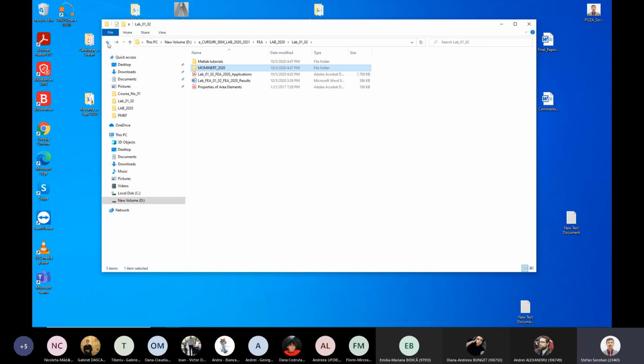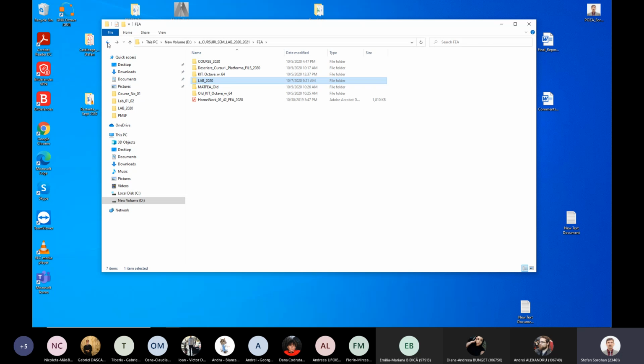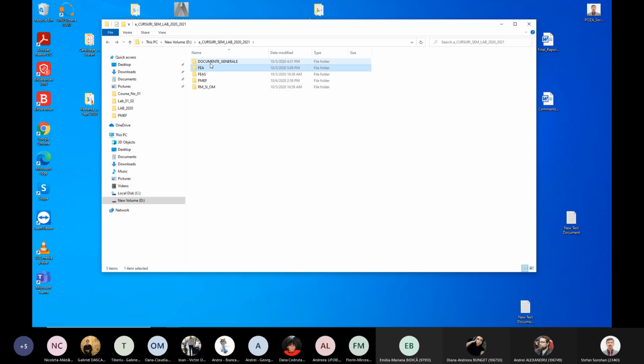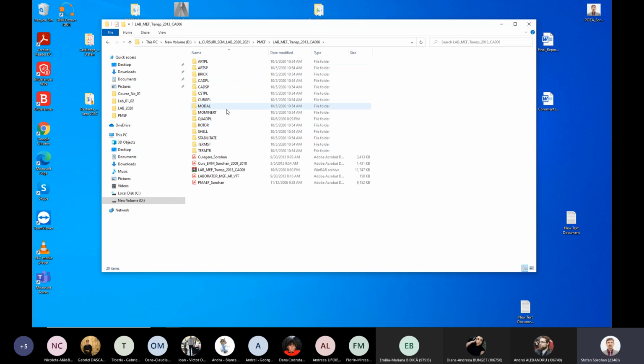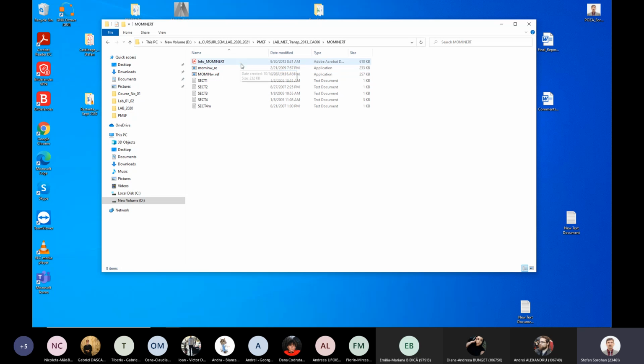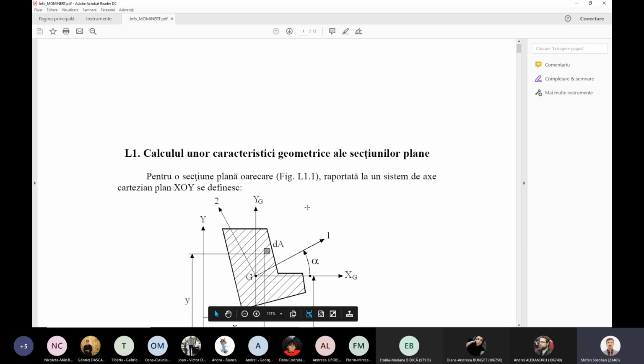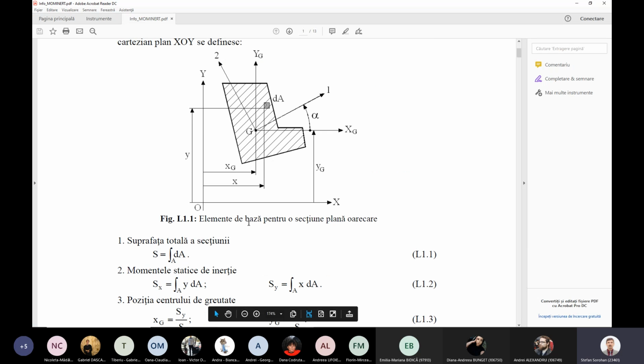The codes are here. A little bit about theory. We suppose that you know the theory, but let's remember. I will use a personal file. This is in Romanian, but it is not important for you. So let's suppose that we must obtain the second moment of area or geometrical property of this general cross